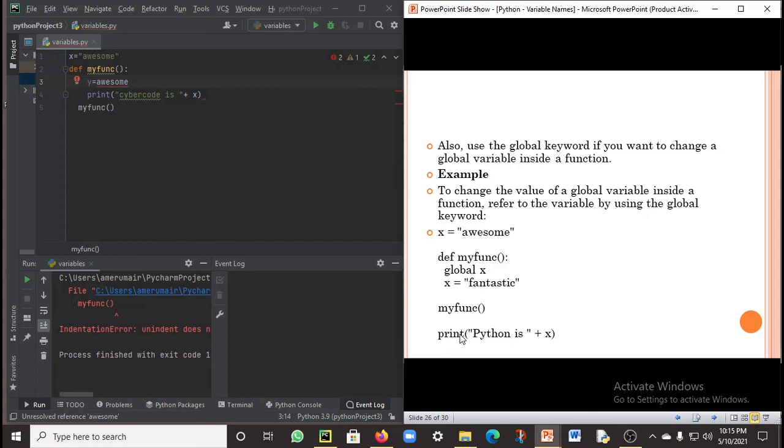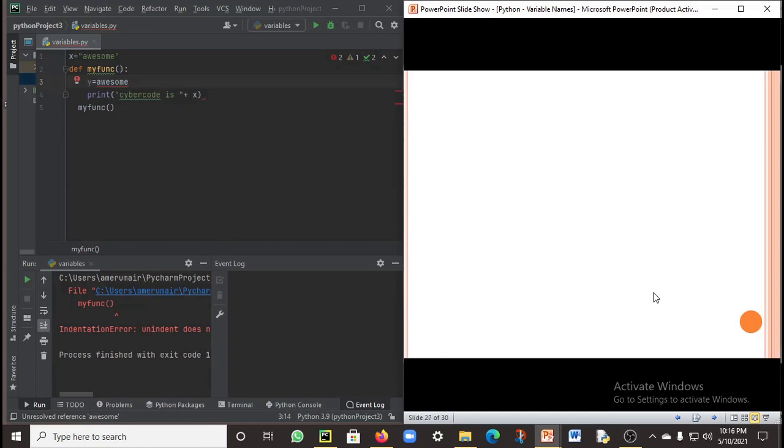So by print python is plus x. Now the global keyword is fantastic, python is going to print me fantastic outside the function also. This awesome is replaced by global keyword fantastic, so the output is going to be python is fantastic.